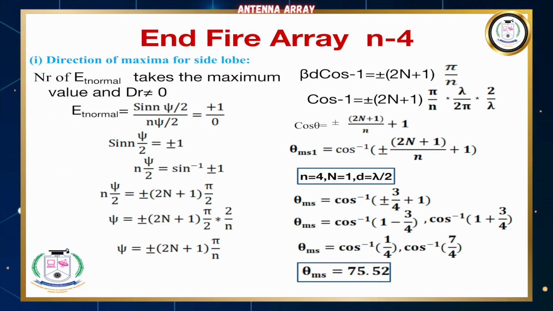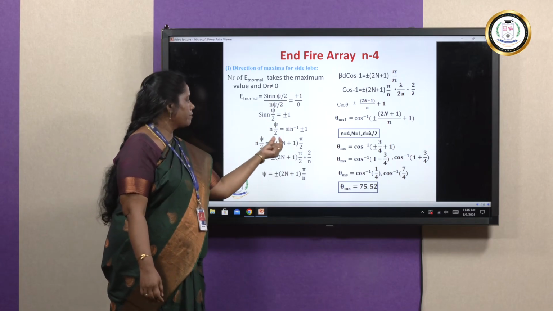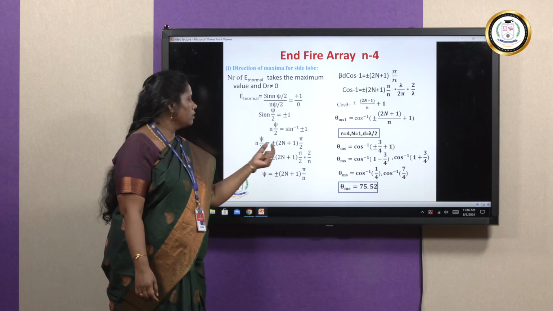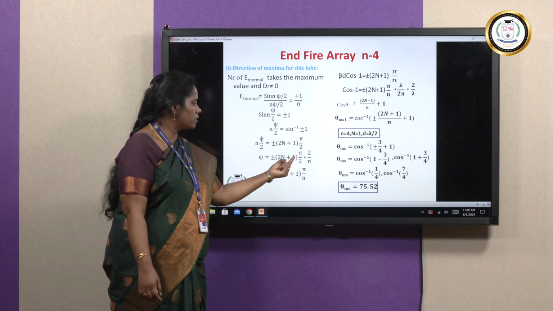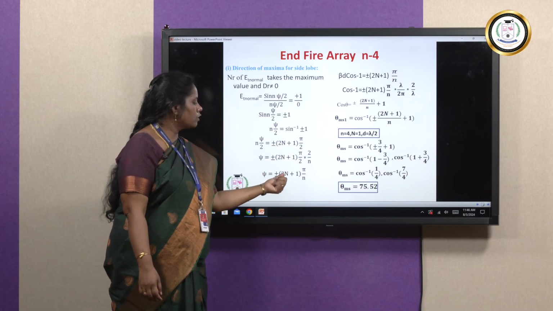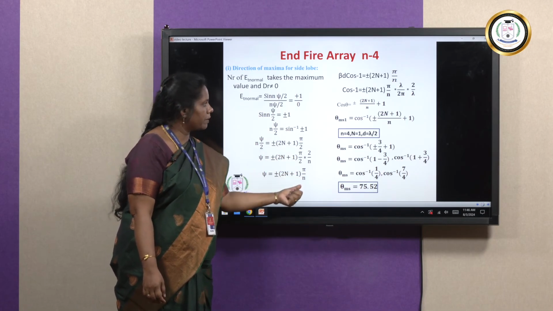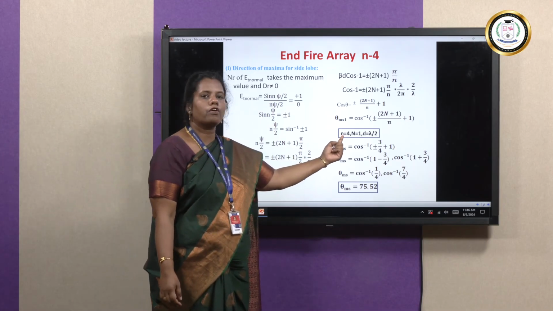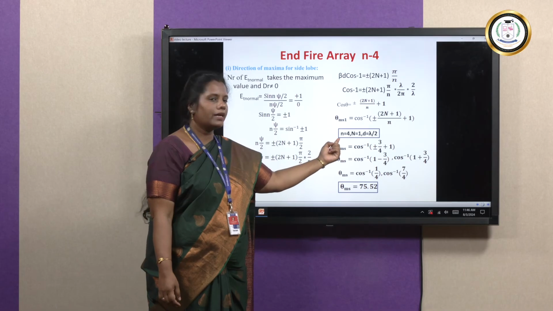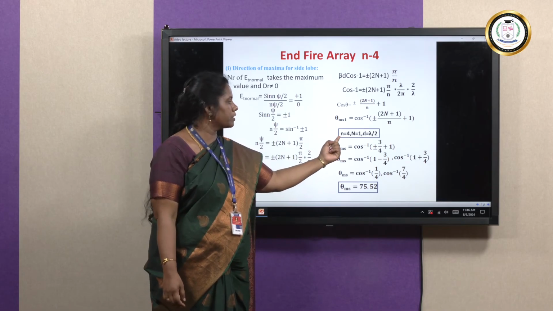Next, direction of maxima for side lobe. As in the broadside array, we are just substituting the values as plus or minus 1 for maxima, 0 for minima. So n psi by 2 is sin inverse plus or minus 1, and we will get 2n plus 1 into pi by 2. So angle psi is equal to 2n plus 1 into pi by n. If we are substituting n equal to 4, where n is the total number of antennas or total number of isotropic sources,